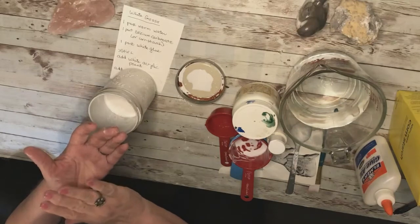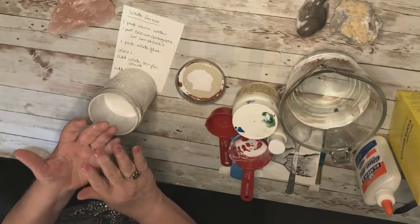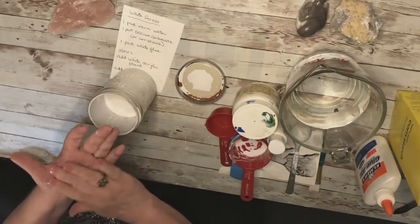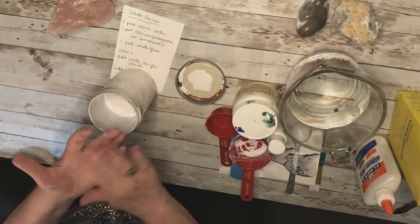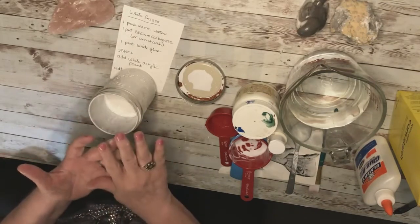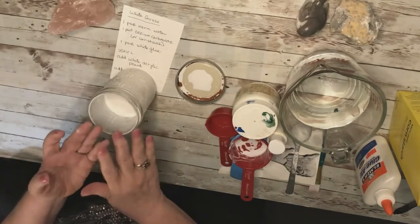The luminous paints will be more luminous because they won't be absorbed. The paint won't be absorbed by the canvas or by the paper. It will rest on the gesso instead. And you can put gesso on the top of bright colors, and it makes them more muted and often produces